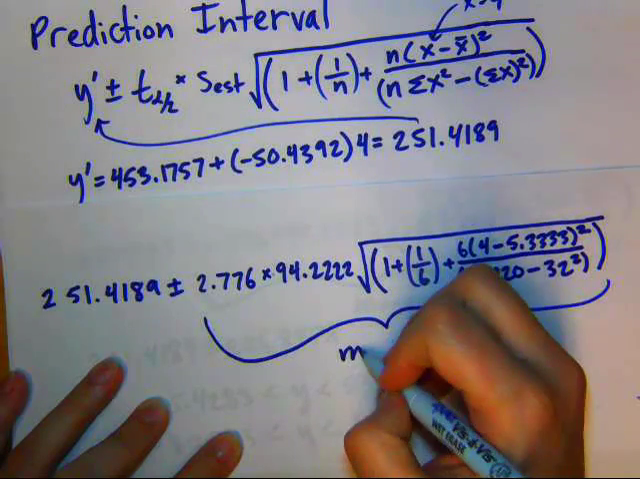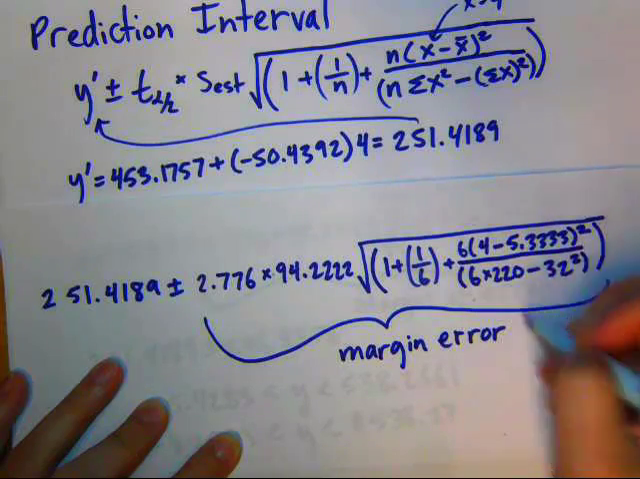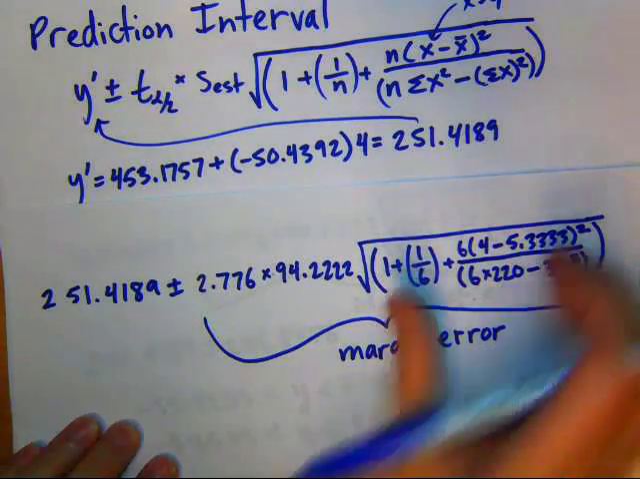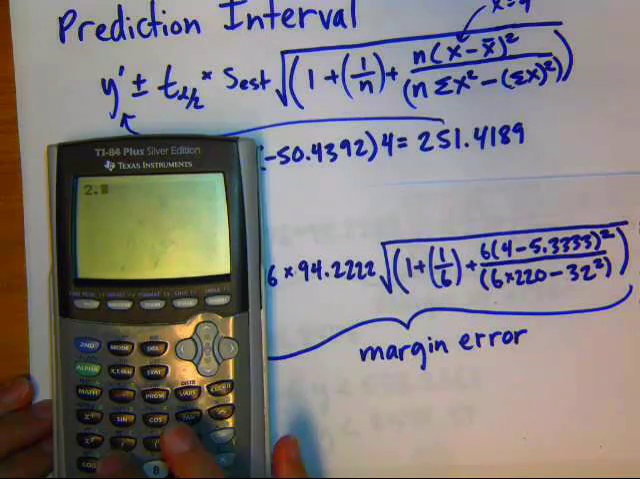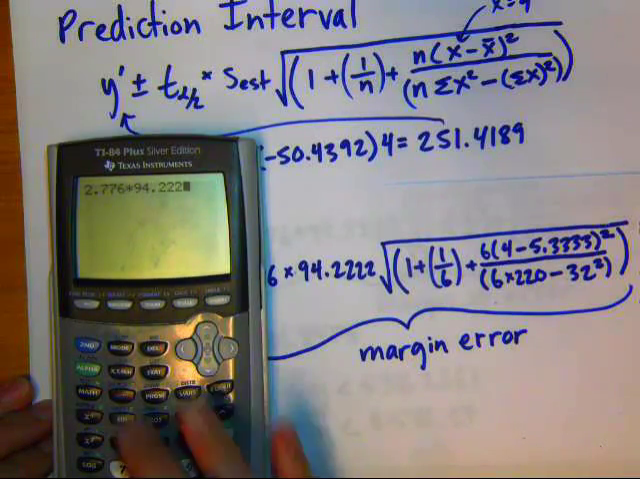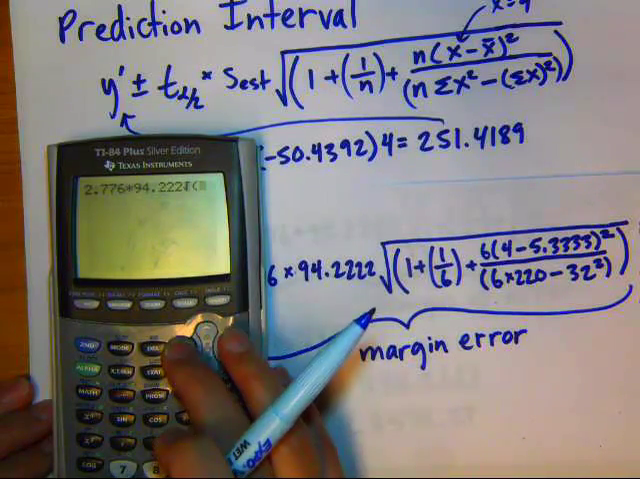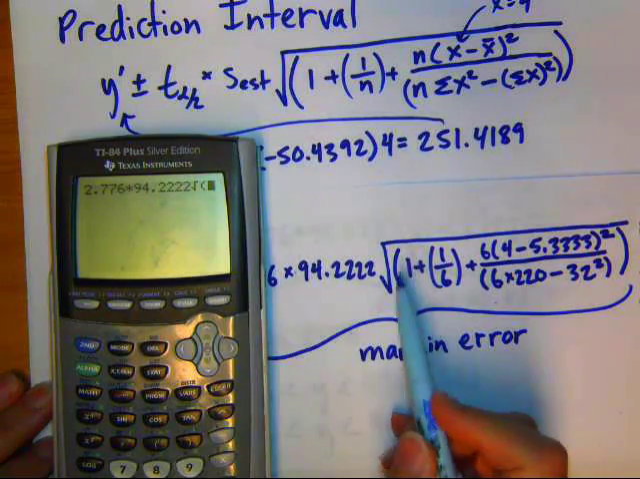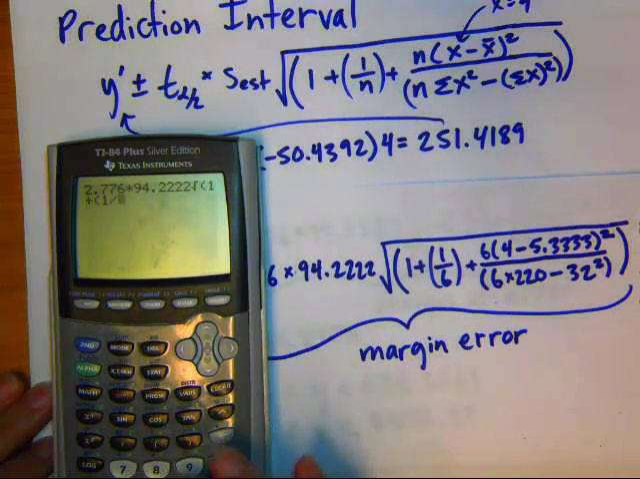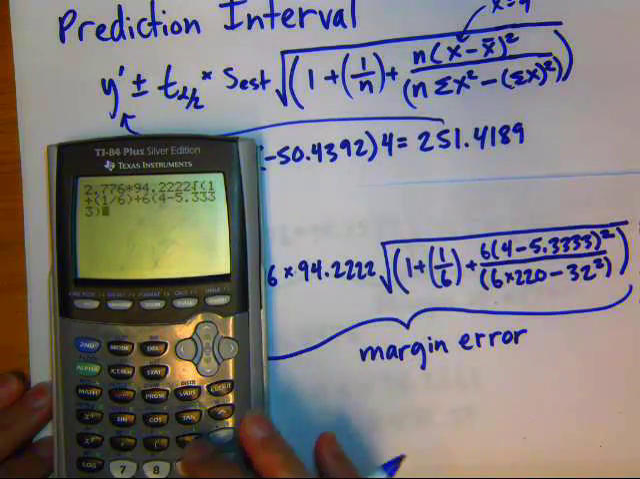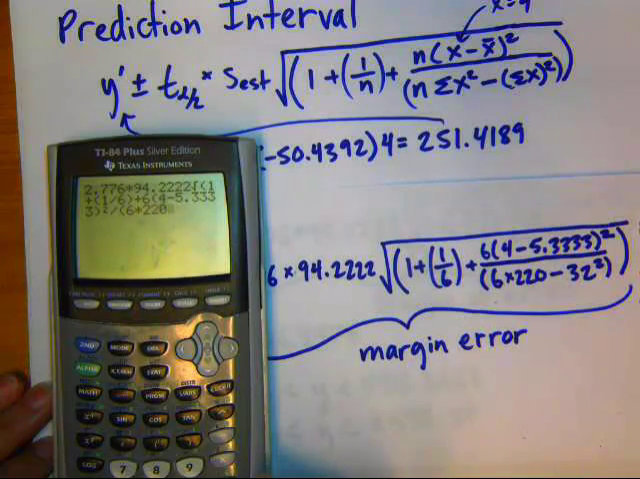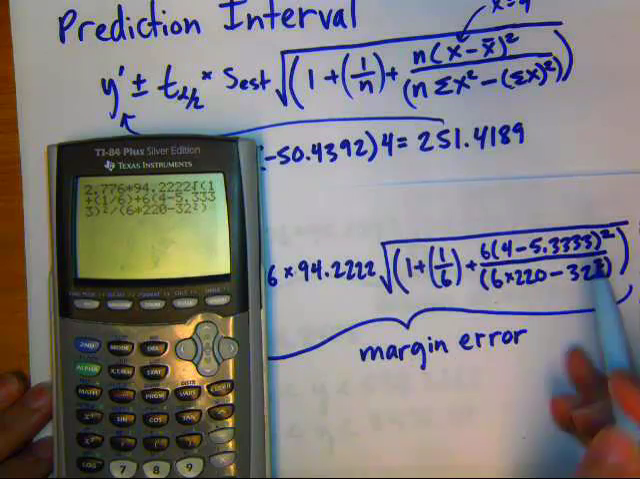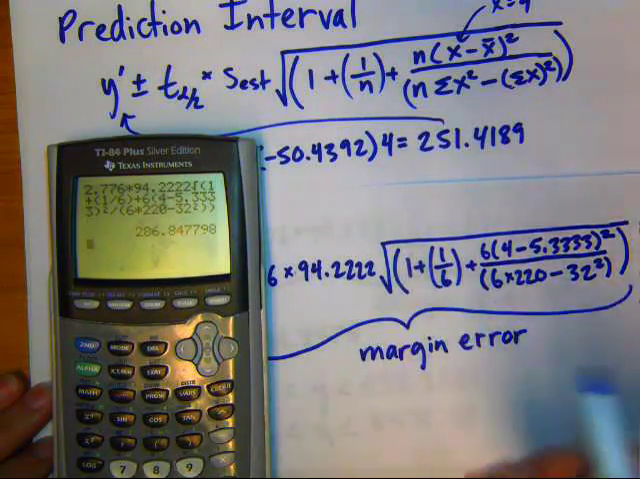I plug in this margin of error first. So this is what I'm going to be putting into my calculator. There's no shortcut for this, so just be careful that you have the order of operations correct. So start with your t-score, the 2.776 times 94.2222, square root. My calculator already puts a parenthesis to start the square root out. Then I have 1 plus 1/6 plus 6 parenthesis 4 minus 5.3333 in the parenthesis squared divided by new parenthesis 6 times 220 minus 32 squared. So I end this one, and then I end it again for the whole square root. And then that's my margin of error,